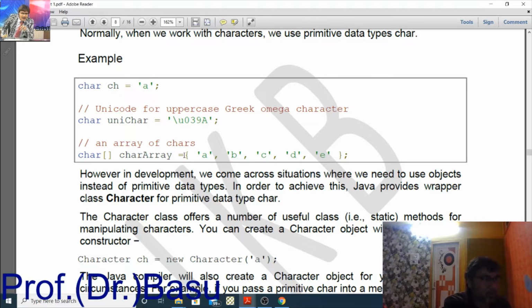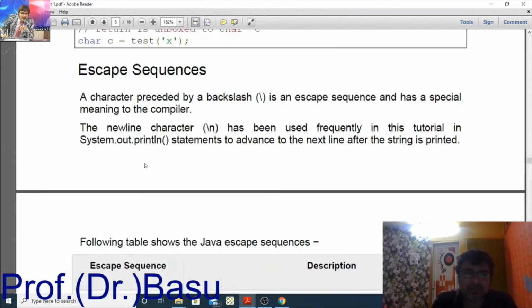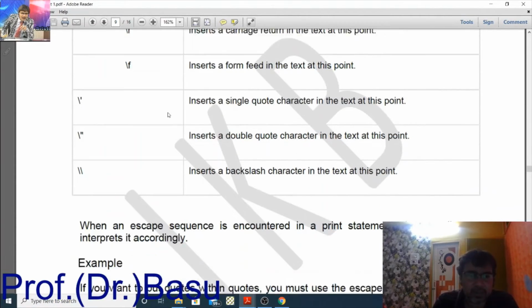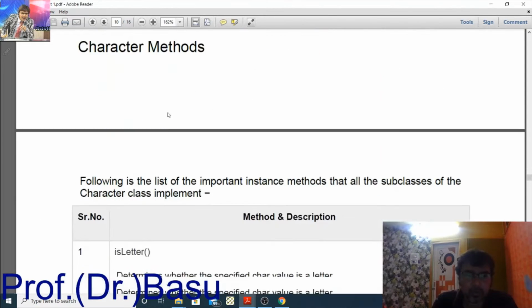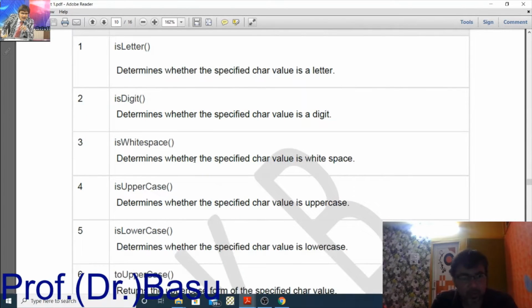Okay, fine. So let us continue with the discussion. Here there are different types of escape sequences. It's more or less like C. I am not wasting time on the method descriptions. You will again get different methods. Following is the list of important instance methods that all the subclasses of the Character class implement. As and when required, we will be